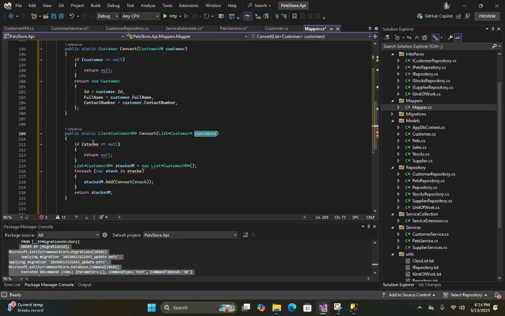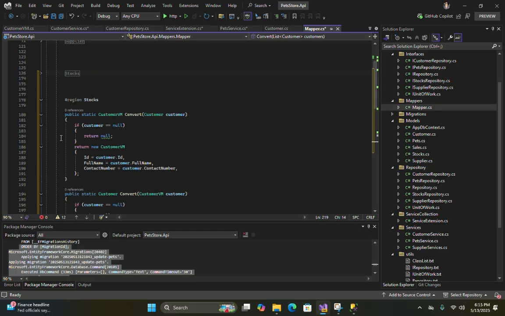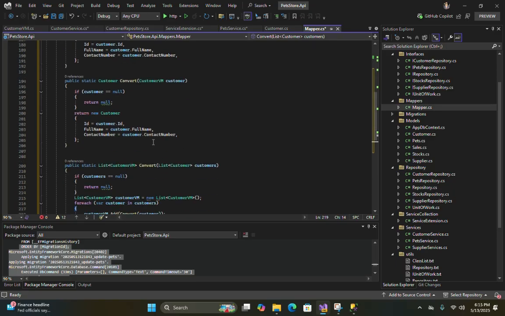Okay, replace this all with customers. Now let's type here customer. Let's replace this with customer. The typos and naming convention should be good enough, so it will be easy for us later. So we have made our mapper ready for the customer.